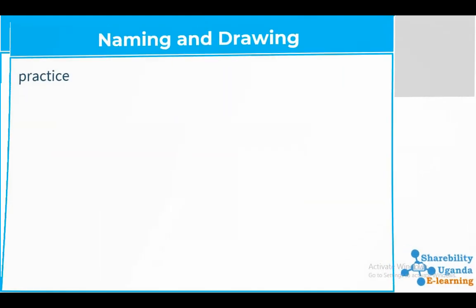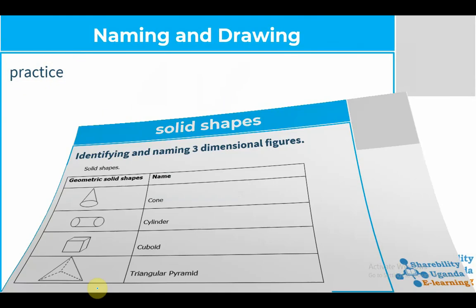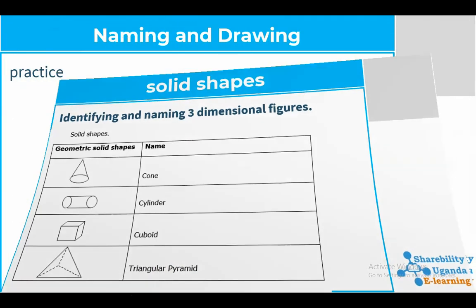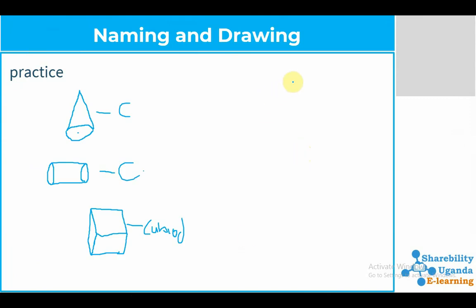What is another shape which is remaining? The shape which is remaining is the triangular pyramid. Triangular pyramid. Let's also have a look at how we can draw this. A triangular pyramid has a symbol of our triangle in it. We first draw our triangle in it,